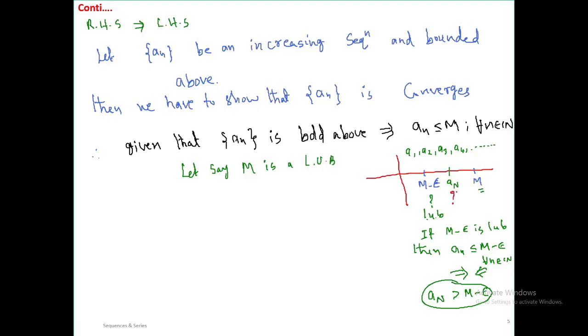Obviously yes, it exists. For example, if such a term an does not exist between m minus epsilon and m, what happens in general? That means all the terms are below m minus epsilon only. If such a term does not exist, all the terms, a1, a2, a3 and so on, are below m minus epsilon. Therefore, now m minus epsilon becomes the least upper bound. But that is a contradiction. I have taken m as the least upper bound. So because of that reason, definitely there will be a term from the sequence which is more than m minus epsilon. So therefore here what I can say is,